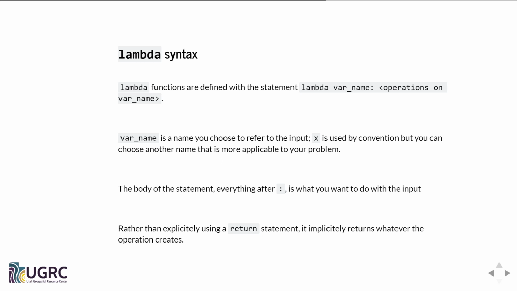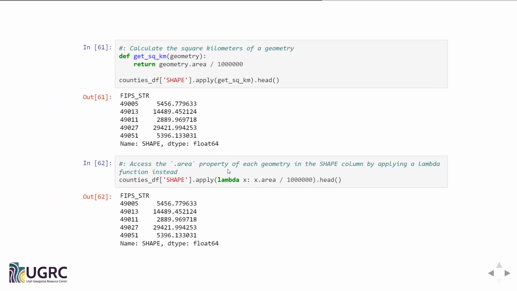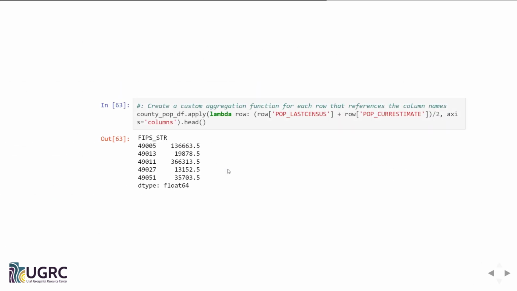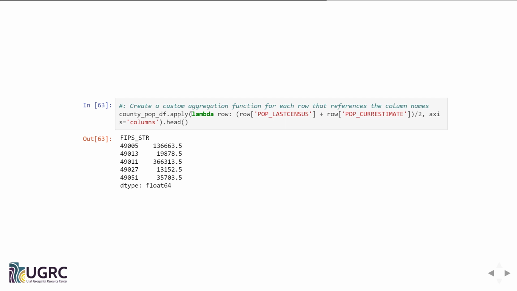So this is our lambda function here. Lambda row colon, then I'm going to take row pop last census plus row pop current estimate, divide by 2, and that is the implicit return, it implicitly returns whatever the result of this is. And I'm passing this function using axis columns so that I'm doing it to every row,